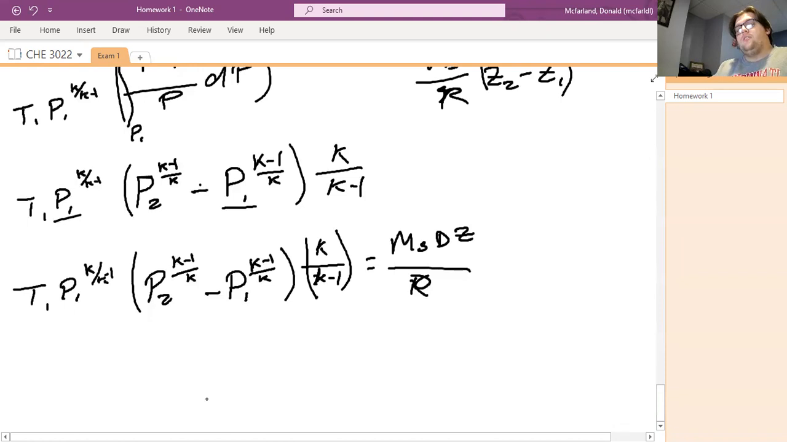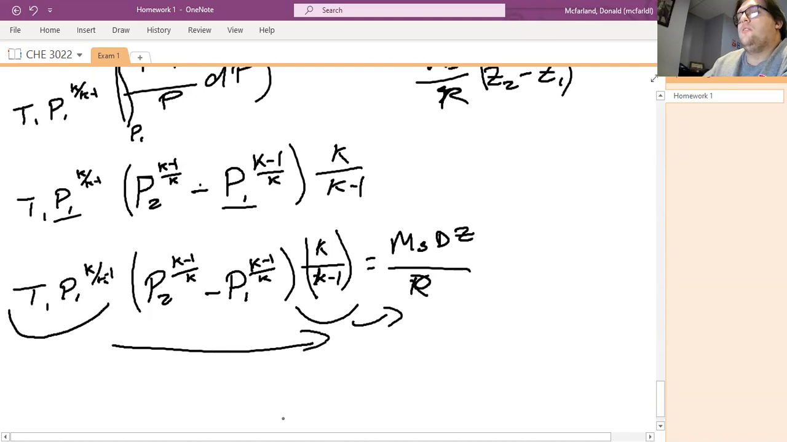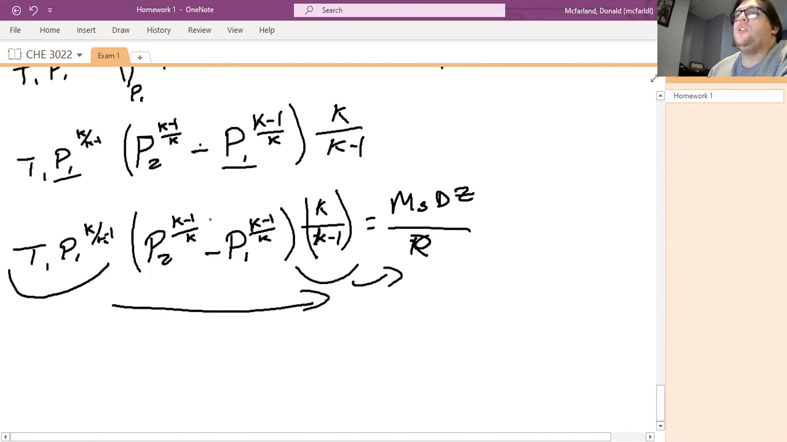Anyways, besides that, now I've got to move all of these constants right here to this side. That way we can be left with P2 minus P1, and then finally we're going to be left with our P2. So we divide by T1. This will just be T1. So we will be left with P2 to the K minus 1 over K minus P1 to the K minus 1 over K,